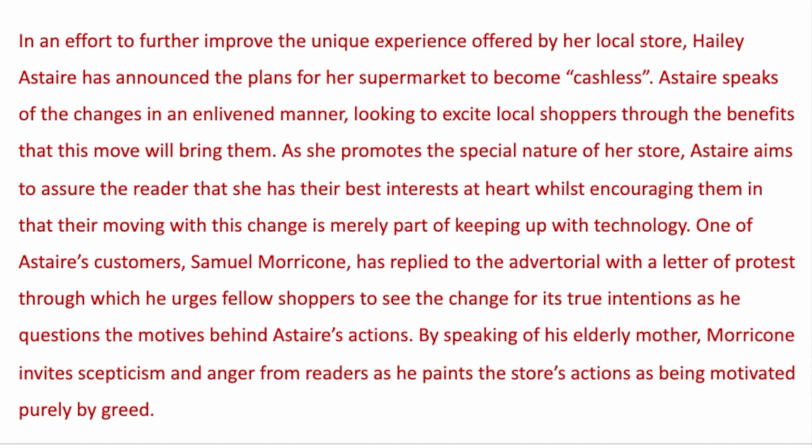By speaking of his elderly mother, Morricone invites scepticism and anger from readers, as he paints the store's actions as being motivated purely by greed. And so it's easy for us to look at it and go, well, yeah, that one's better. But let's break it down and think about why, and what it is that it has done that has made it that more rounded introduction. And an introduction that, if I were reading it, I'd be thinking, well, this one's on a path to a